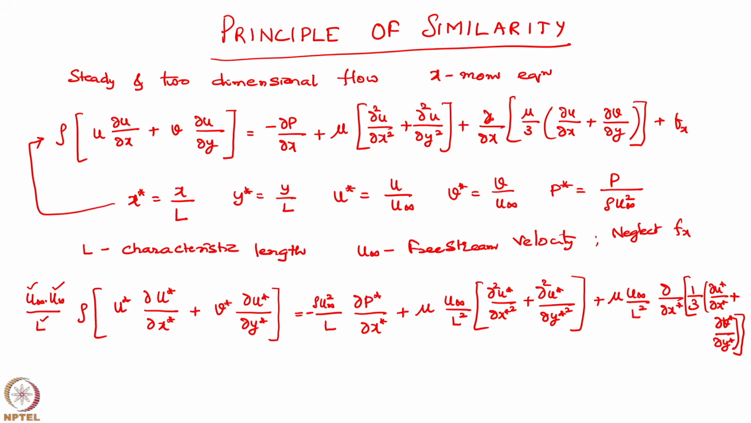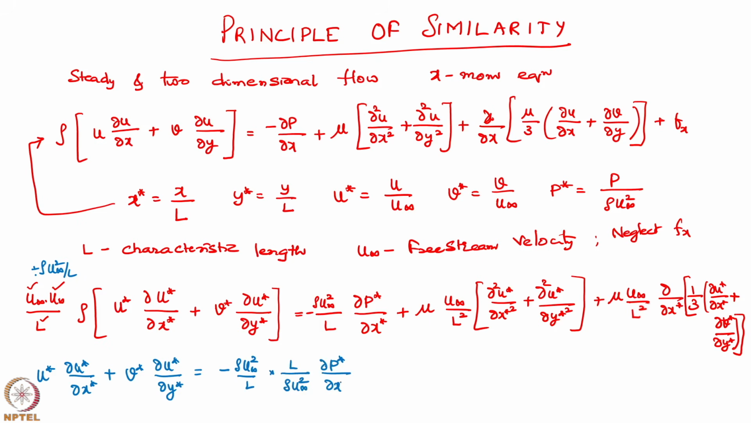So now divide throughout by u infinity squared by L. So the left hand side will become rho u infinity squared by L, and you divide through. So if you do that, you get u star dou u star by dou x star plus v star dou u star by dou y star, that is on the left hand side, and rho u infinity squared by L will get. So you have minus rho u infinity squared by L into L by rho u infinity squared into dou p